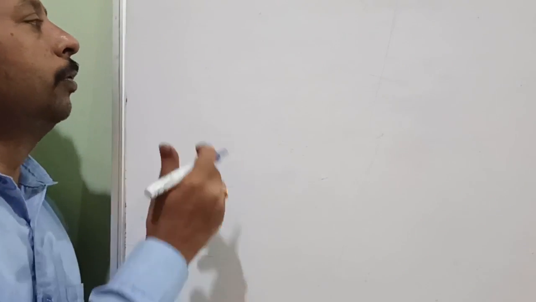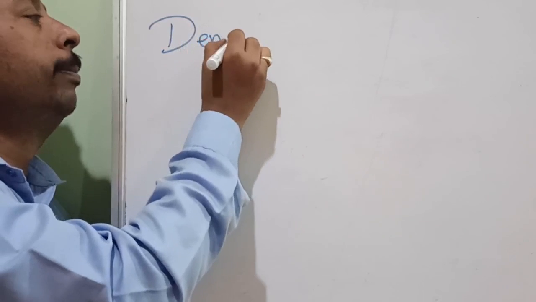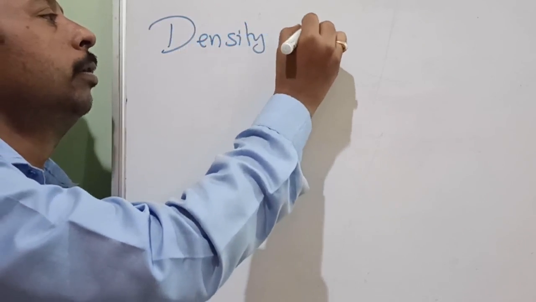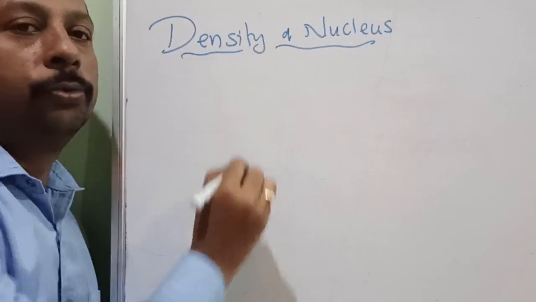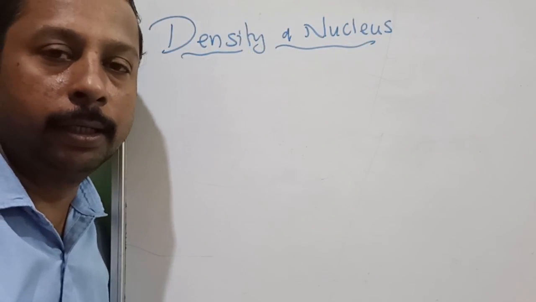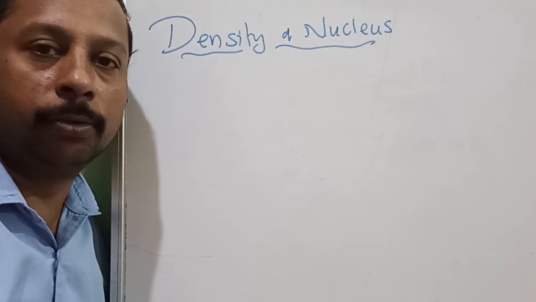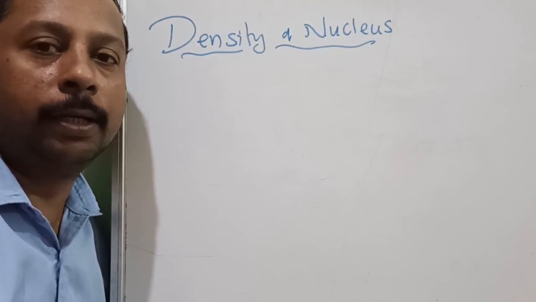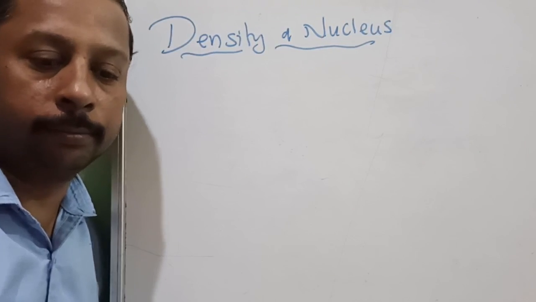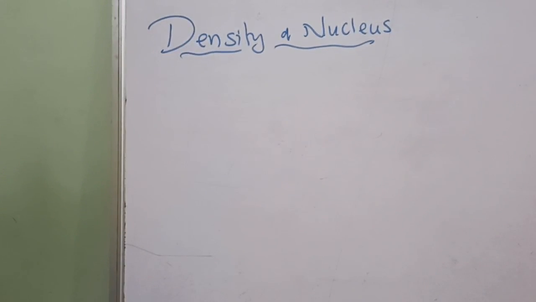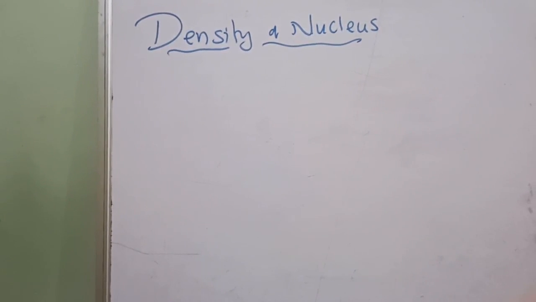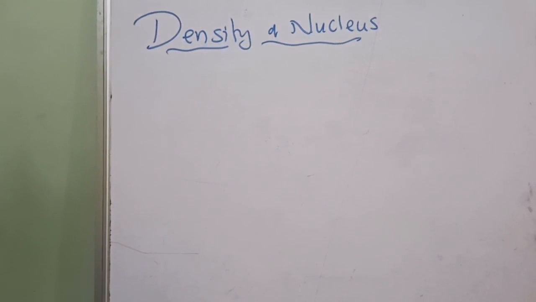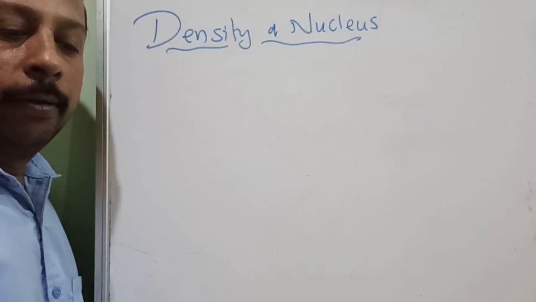Okay, now we are going to find out about the next topic. What is that next topic? Density of nucleus, from basics to advanced. Okay, did I use any different formulas which are not in the syllabus? No, it is there in the syllabus only, but that formula is derived by using basic things. Okay, now I am going to derive it further.